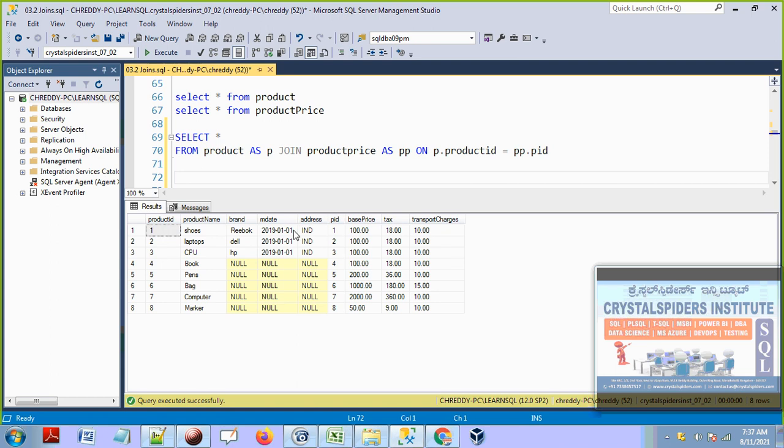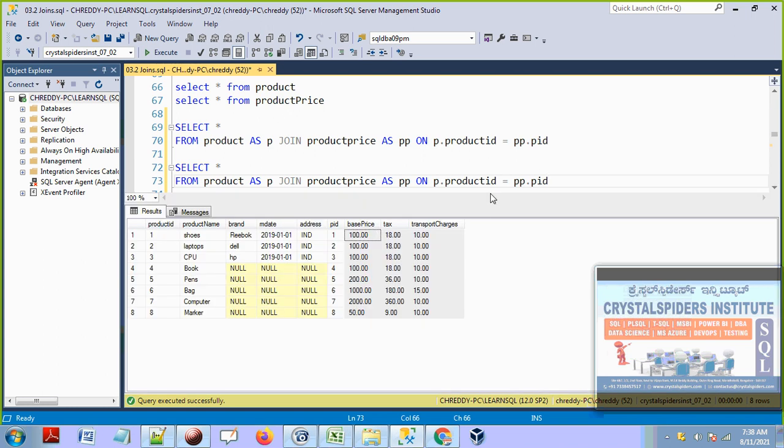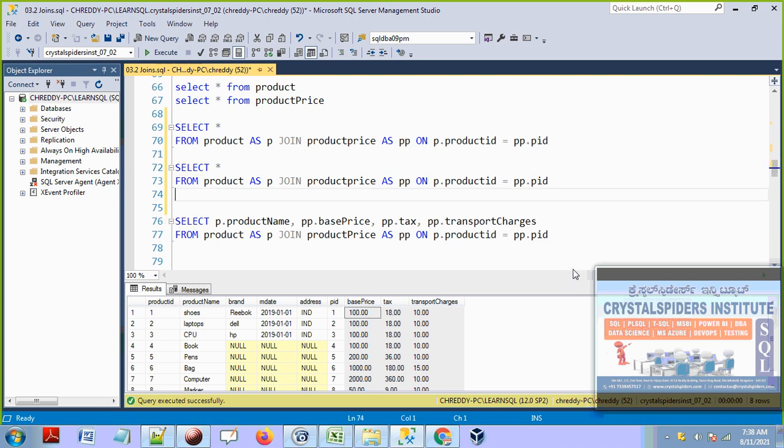But here I want to display only product name and total price, not all of this. So in this case, what we can do is, from the product table, that is P, display the product name, and from the PP table display the base price, comma pp dot tax, comma pp dot transport charges.